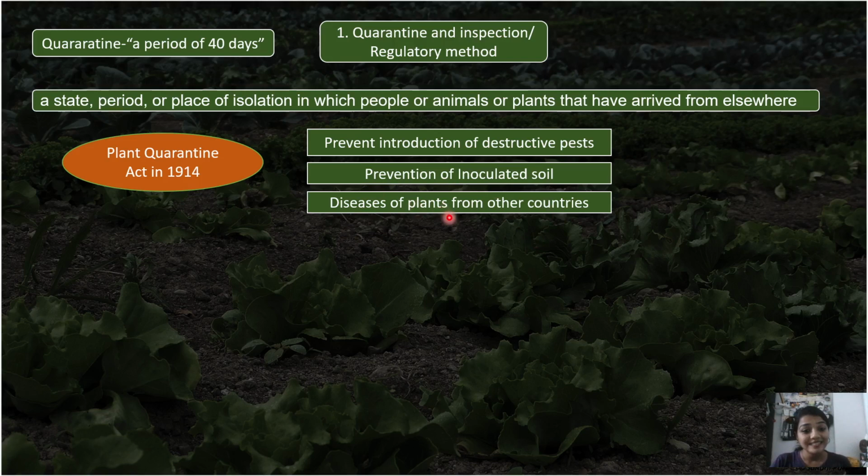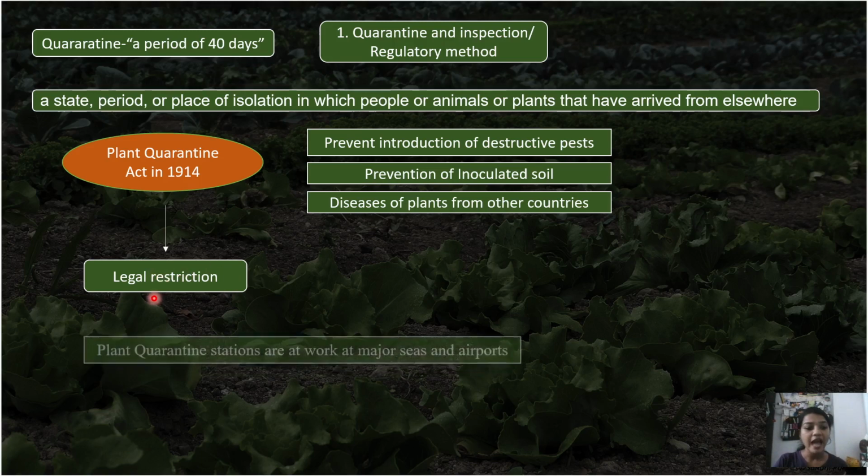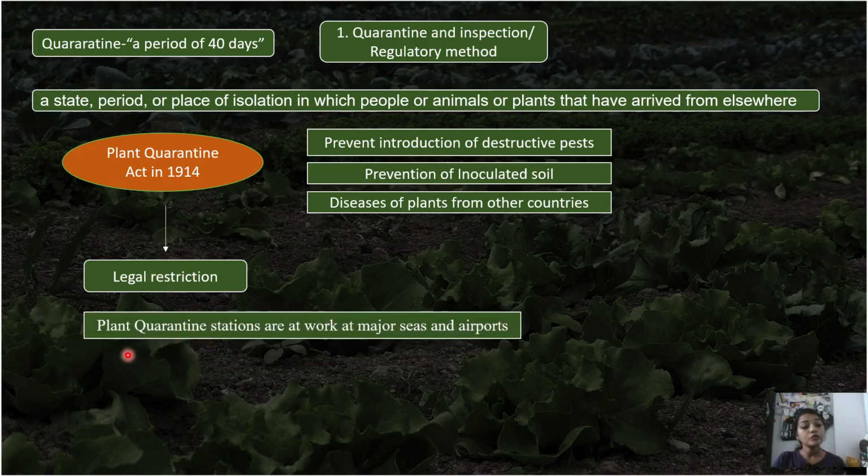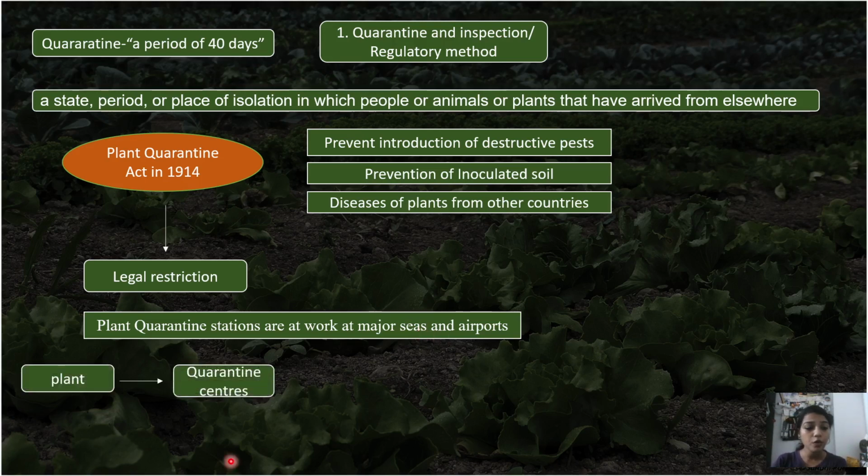So it stops the diseases of plants from entering into any country from other countries, right? This was a legal restriction which was started, and this is important, right? There are various plant quarantine stations working at major seaports and airports. Most seaports or airports will have plant quarantine stations, where the plants, first of all, when they arrive at a certain region, are taken to the quarantine centers,